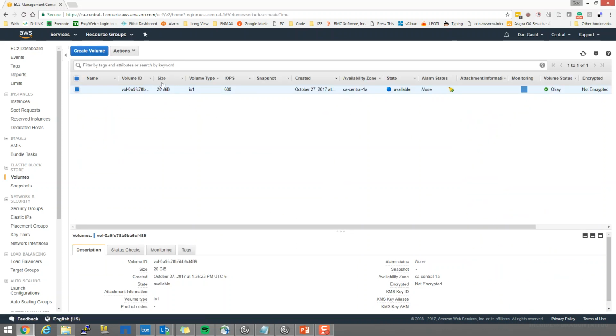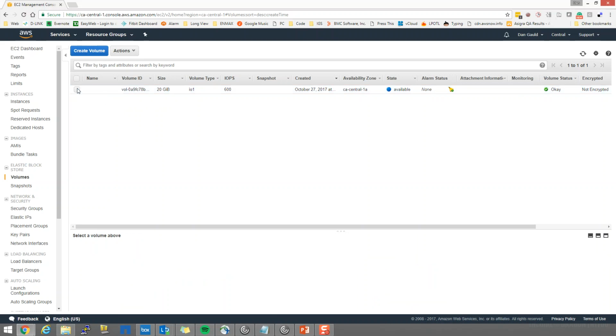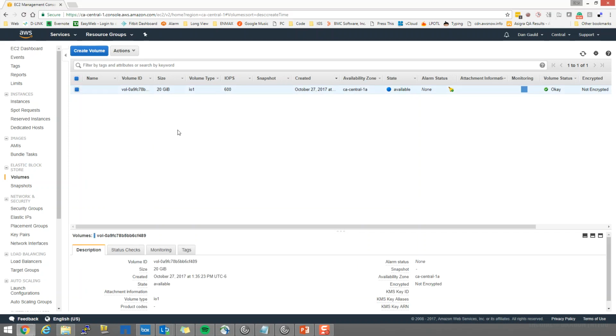So we've got a volume ID, the size, the volume type, its IOPS, the IOPS we've identified, the date created, the availability zone, the state of it right now. Yeah, okay, all pretty interesting. So we've created it. Let's give it a name. Now, there's a few ways you can do it. You could just click on the pencil icon there and put it in there, or you could select that and